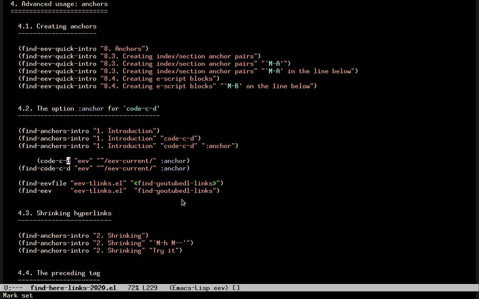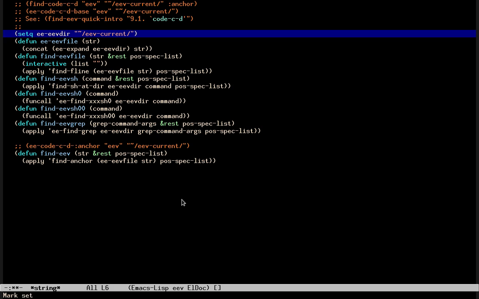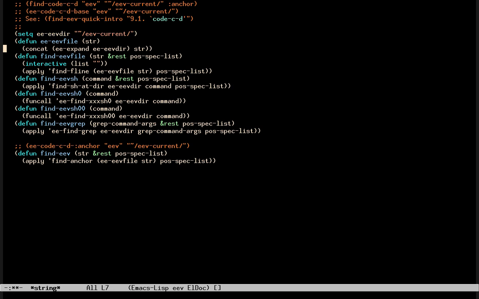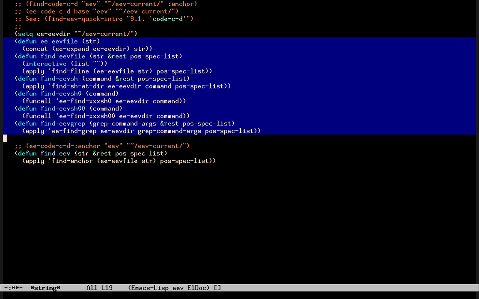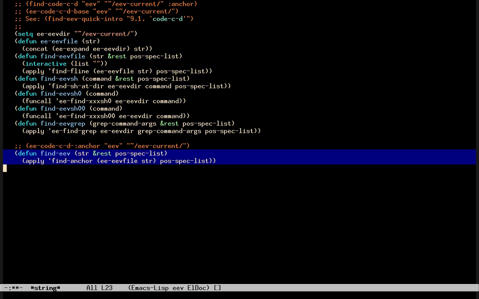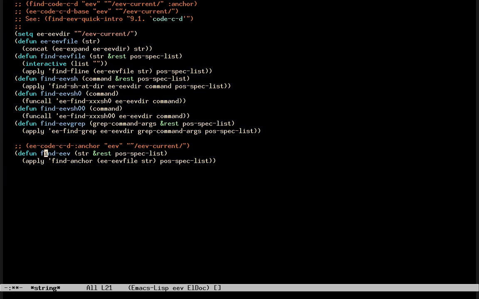this function is going to produce a certain string, and then it is going to interpret that string as Lisp code, and this string is a series of definitions of functions. So this sexp here is like a button that defines several new functions, and this sexp here shows the code that this sexp produces, but this one does not execute the code, it just shows the code. The code is here, so we can see that it has a setq, and then a series of defuns that define functions, and it also has this defun at the end that defines find-eev